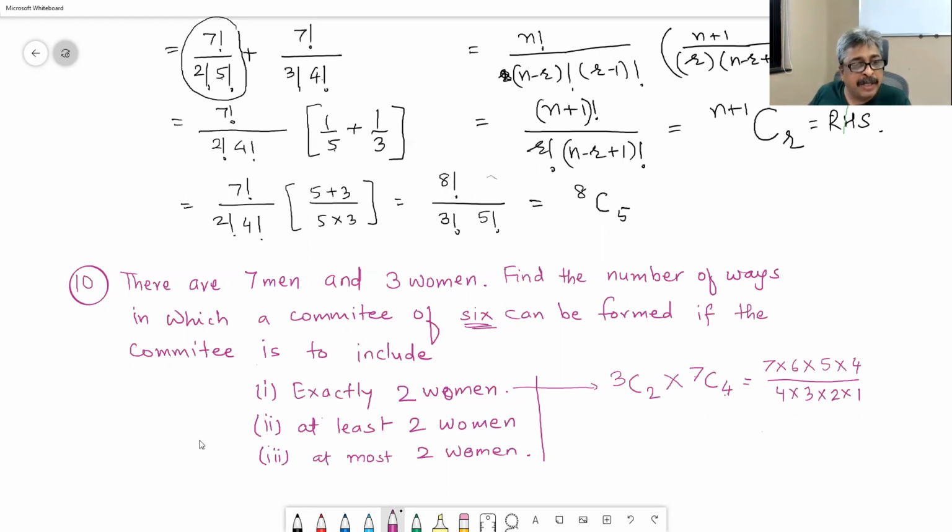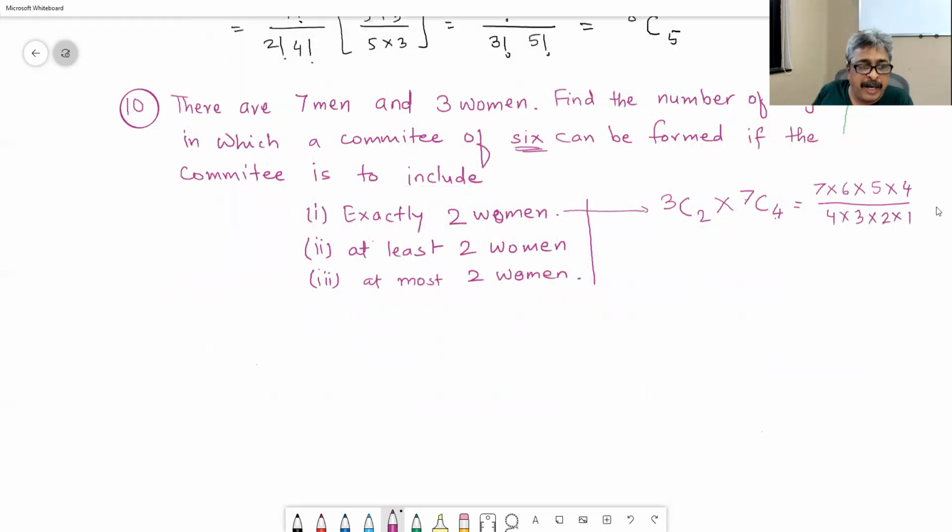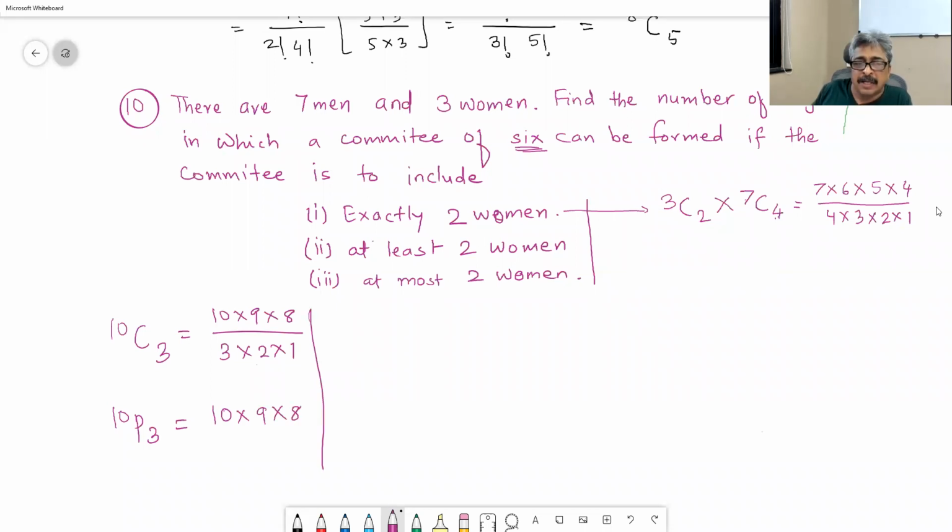Let me practice this, to make you aware of what I am trying to tell. Suppose it is 10 choose 3. I should write 10 into 9 into 8 in the numerator, 3 into 2 into 1 in the denominator. That is 10 choose 3. If it was 10P3, just write 3 numbers in the numerator: 10 into 9 into 8. Samajhte ho? This is working because you cannot afford to make mistakes while writing these notations in factorial form.